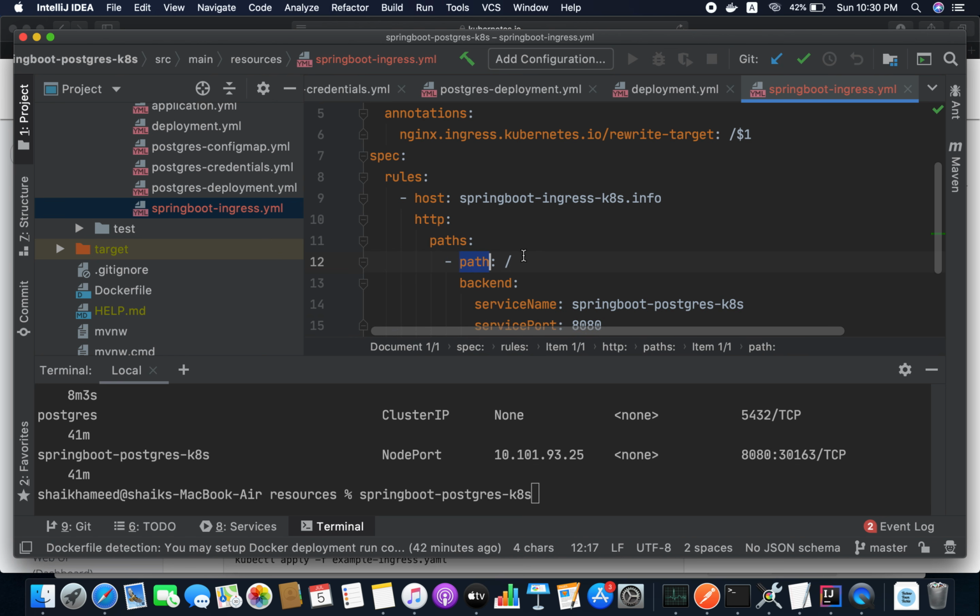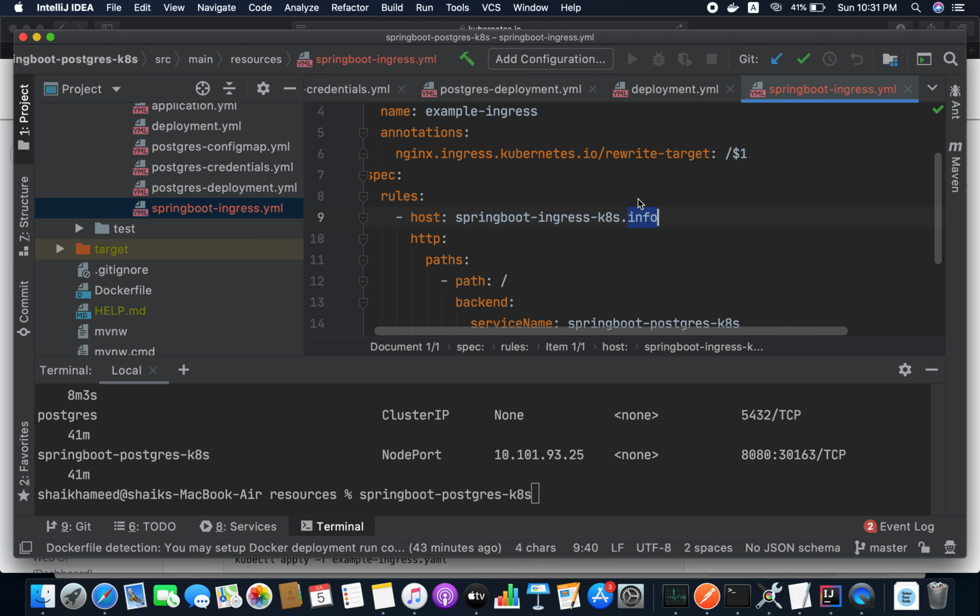If you want, you can define your own path, but I'm going to take my service path here. Okay, and the host name is springboot-ingress-k8s.info. And we should define this annotation.